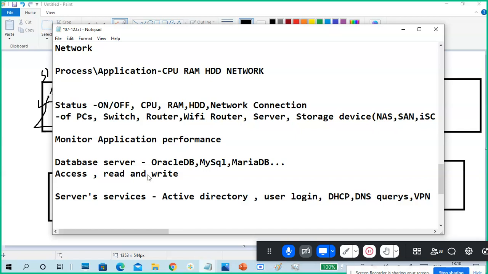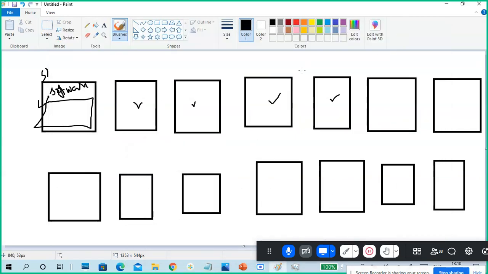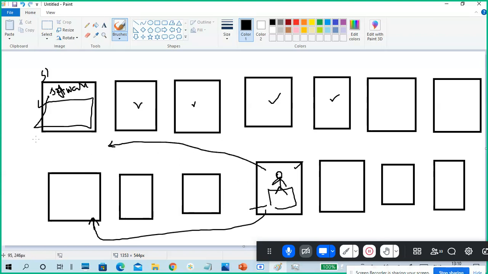So what is the advantage of monitoring like that? Already I told in a service desk, if one of my systems is not working, or maybe I'm not getting internet, maybe some application is not opening, maybe I connected to a server and the server is not responding. So this is my customer. I'm getting an issue, so I have to report to my service desk person, and I have to wait for the service desk person to respond and solve my issue, right? It will take some time.